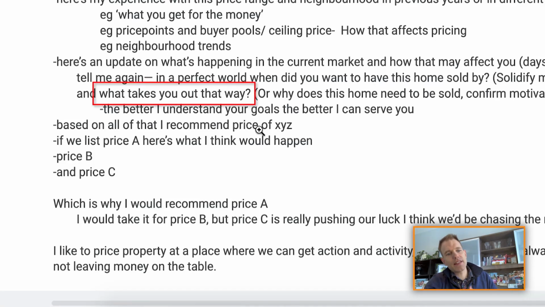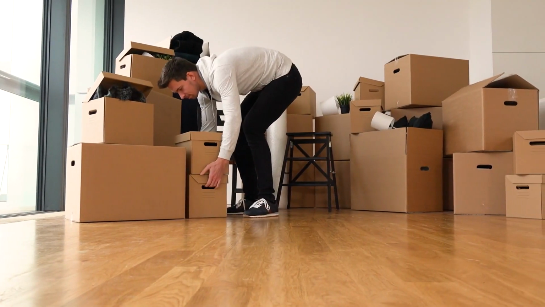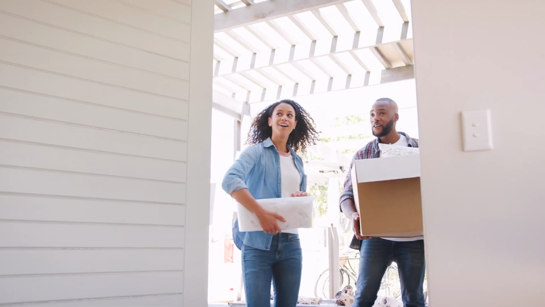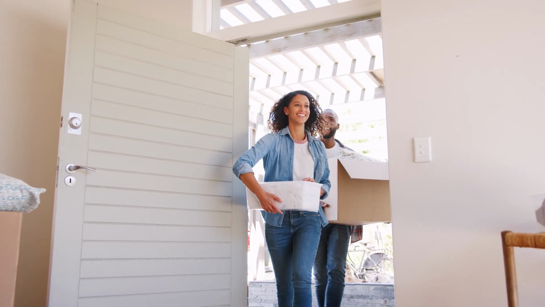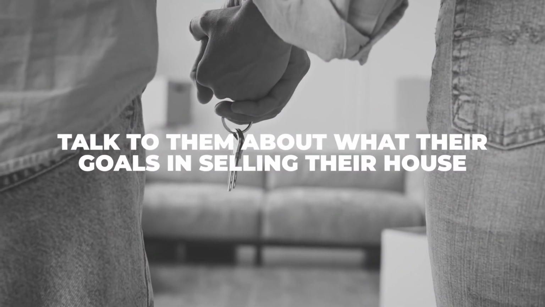And then ask them again, what takes you out to that other neighborhood? Why do you want to move to a different city? They can tell you more about maybe their job transfer, or if it's an estate sale, it's pretty cut and dry, straightforward. If they're a first-time home buyer, or if they're a first-time home seller, I should say, then you might know that they're looking to buy a bigger house, but you want them to extrapolate a little bit more on their situation so that before you identify that price, you can start talking about what their goals are in